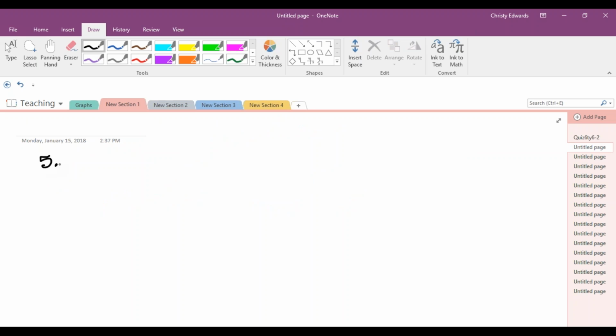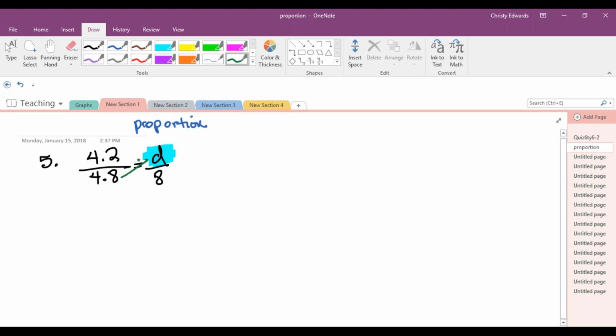Number 5, maybe not quite as easy to do in our head. It has some decimals. Something over 80. Maybe if you move the decimals in your mind, you can see that it's a 7 over 8 relationship. Did anyone see that? But let's say you don't see that. When you see problem number 25, you still say to yourself, this is a proportion. A fraction equal to a fraction, and it's missing something. But if I cross multiply 4.8d and cross multiply the other way, which is 336,